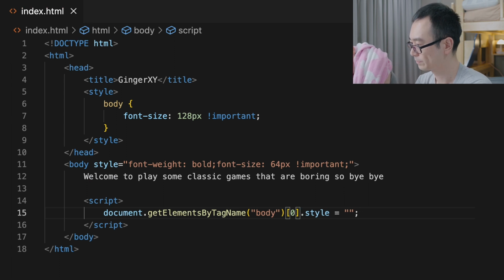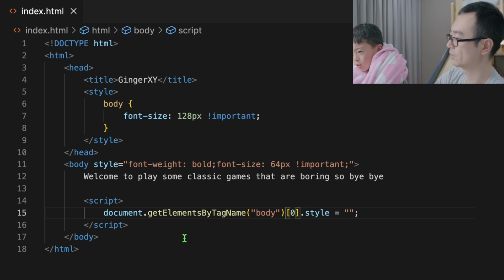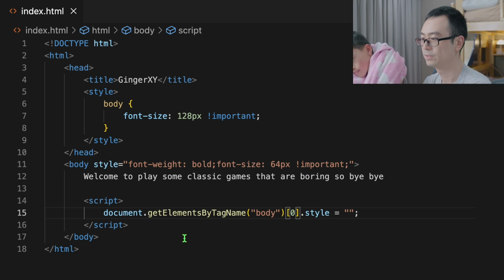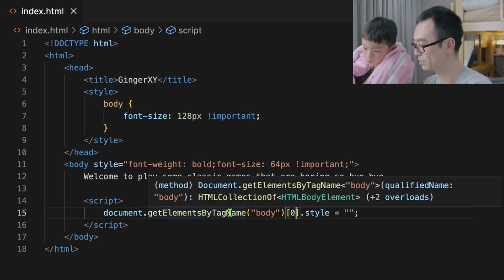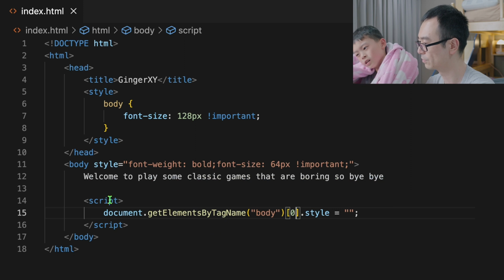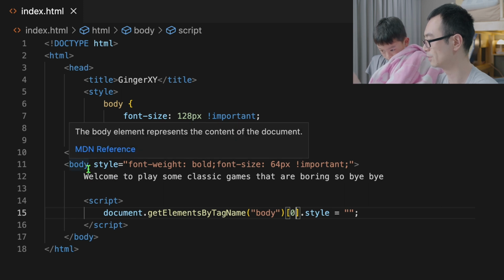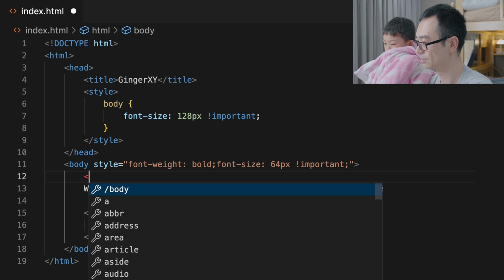Usually the index is just 0, 1, 2, 3, 4, those kinds of things. So here, why do we need a list? Because the same tag name can give you several elements. Of course, in this case, body, there's only one body, right? But like we said, if we have a div,